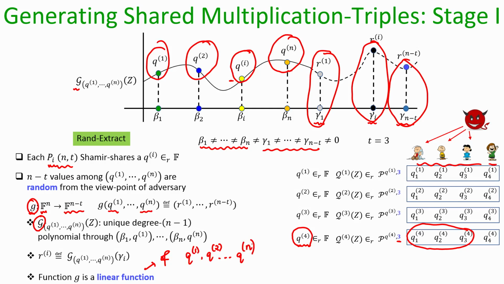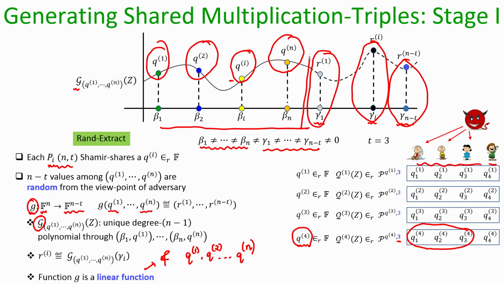Namely the outputs R1, R2, Ri, R of n minus t, they actually are computed as per a linear function of q1, q2, qn. Why a linear function? Because for this we have to go back to our earlier lecture where we discussed the properties of polynomials over a field, and there we discussed that we have